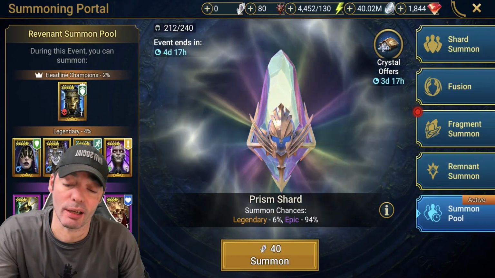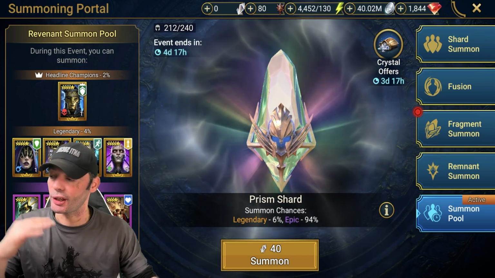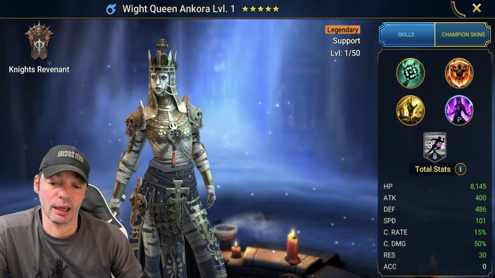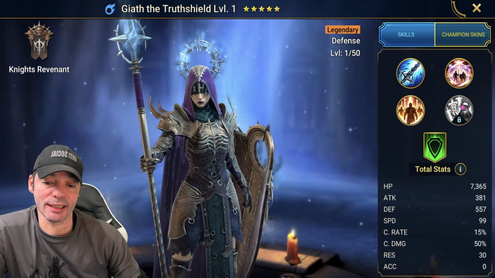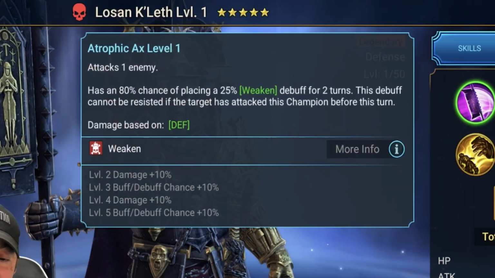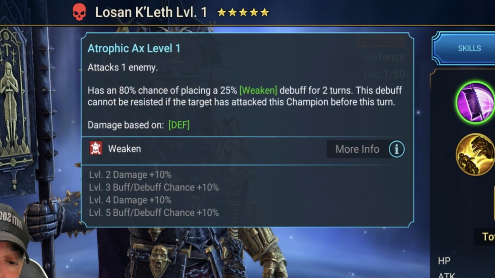To be honest, I am going through my main account a lot, and I'm trying to build a lot of champions, so that's what I probably should be focusing my resources on right now. I would love to get White Queen Akora, and actually Gaia, the Truth Shield looks interesting too. And for sure Lausanne. So, interesting thing about Lausanne is that it attacks one enemy, has an 80% chance to place a